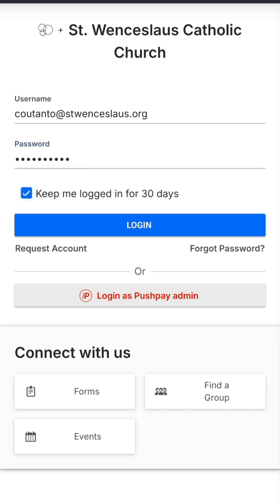So something else to note, if you don't know your username or your password, we can help you with that username activation or user activation, whatever you want to call it, as well as helping reset your password. So we did generate logins for everybody, but if you're unsure of what it is, you can always reach out. liturgy@stwenceslas.org. Our contact info is in the bulletin, as well as on our parish website. So then I'm going to hit login,